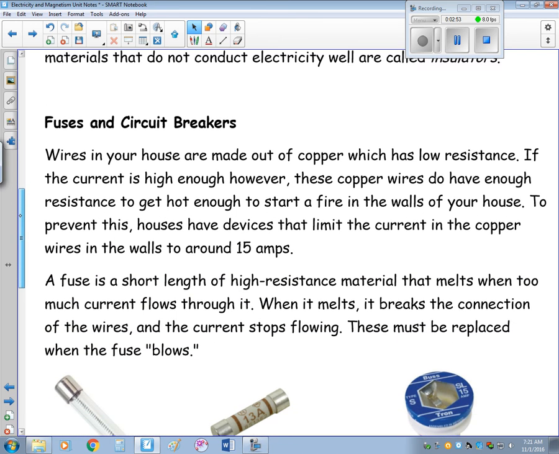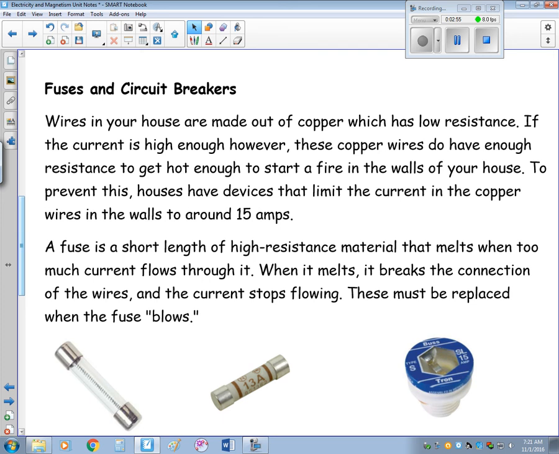Now this leads us to something called a fuse, or a circuit breaker. The wires in your house are made out of copper, which is low resistance, so they have that low resistivity. Rho would be a small number for it. If the current is high enough, however, these copper wires do have enough resistance to get hot and could start a fire in the walls of your home. So to prevent this, houses have a device that limits the current in the copper wires in your homes to